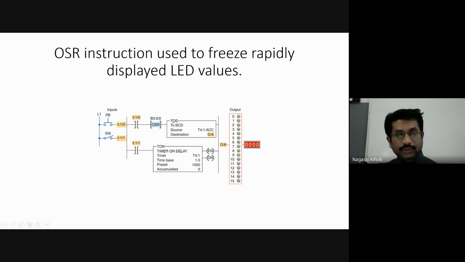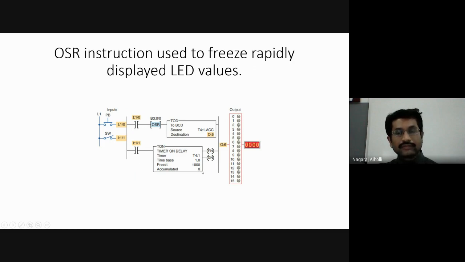When we are pressing the switch I:1/1, then here the timer on delay will start. As the timer starts timing, it goes from 0 to 1000, in between value.